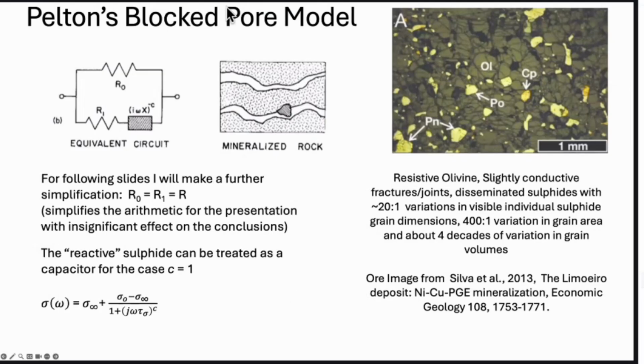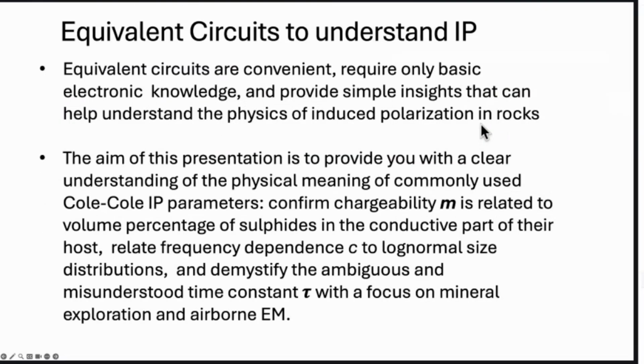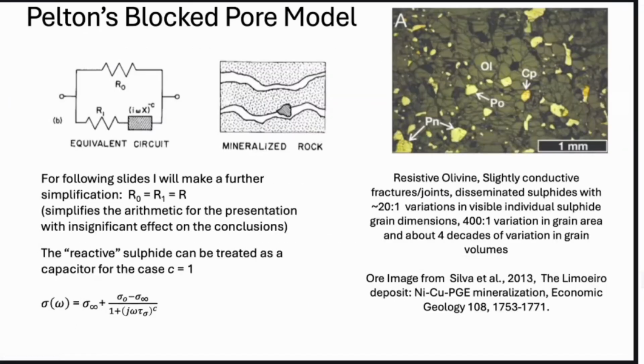So Pelton introduced a blocked pore model. If you have some mineralized rock with a pore in it, on the right is a photomicrograph of a thin section of rock. So the greenish stuff is resistive olivine. The black is slightly conductive pores. There's sulfides in that of